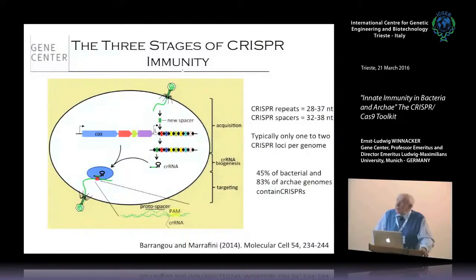This is how CRISPR immunity is happening. Here is a phage injecting its DNA into the cell. I took that from a recent review. Barrangou, by the way, is now a professor at NYU, but he used to be the head of research at Danisco, this company that was in trouble losing all their yogurt production. So there's a very good review. I always mention where these figures come from, so that you can look them up.